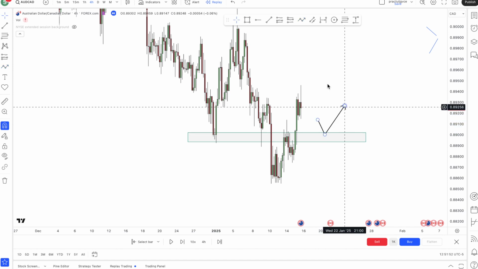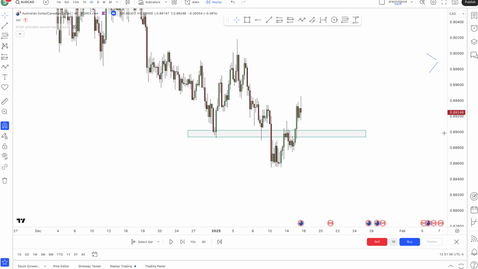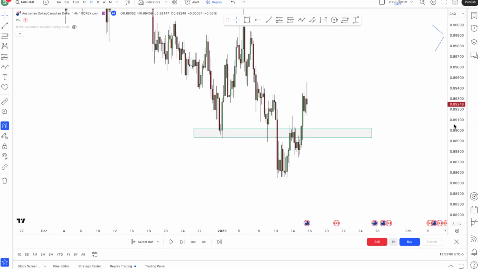That's my first confluence, right? Normally I'd be looking to trade. I wouldn't care about anything else. We have support. I'm buying. Not anymore. I like to build other confluences around these setups, which is what I'm going to do right now. Okay, well,